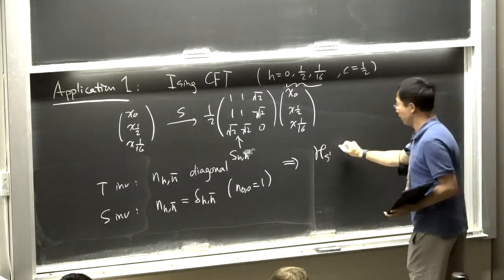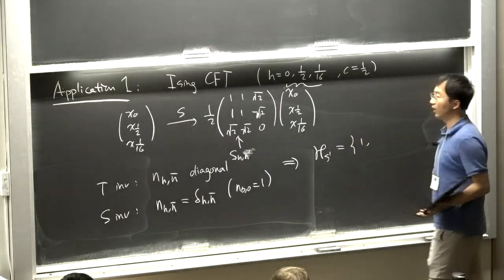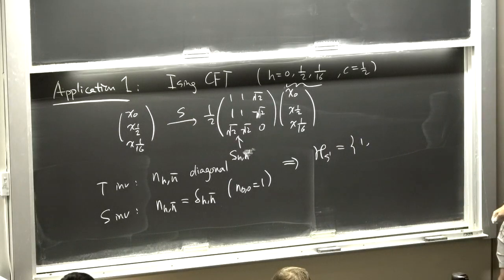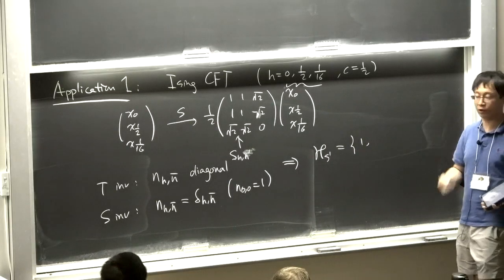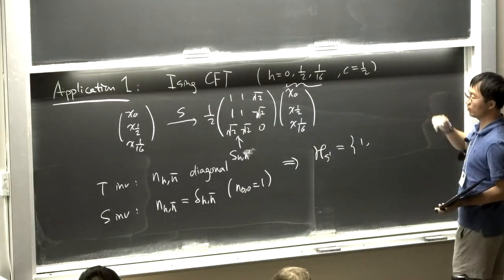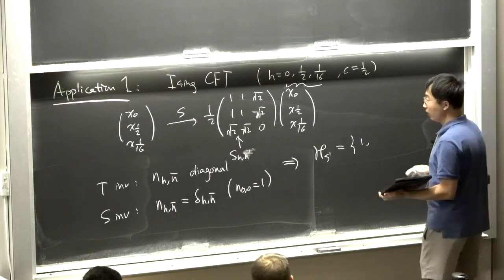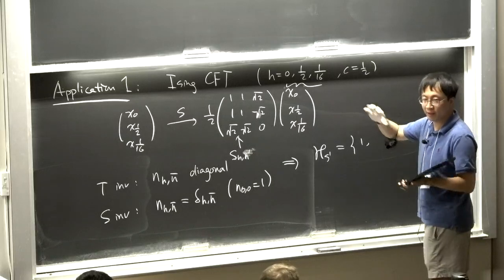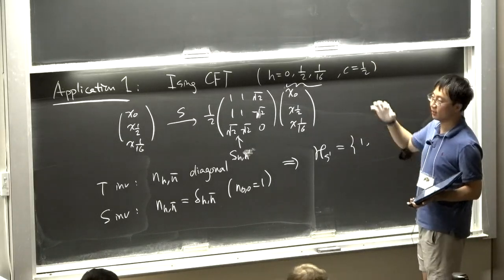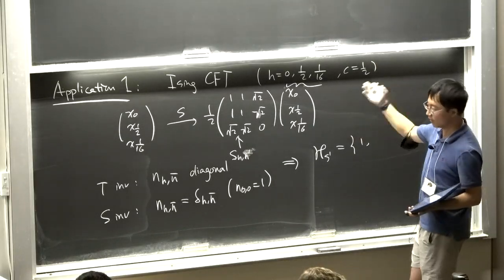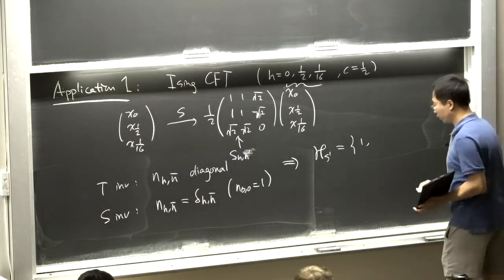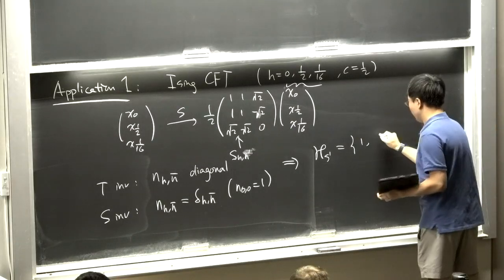We can conclude that we have three conformal multiplets with respect to both left and right Virasoro algebras in this putative CFT of c equal to 1/2. Without realizing this CFT by some concrete model, just from the kinematics and general constraints from unitarity and modular invariance, we can already conclude there are only three possible primary operators